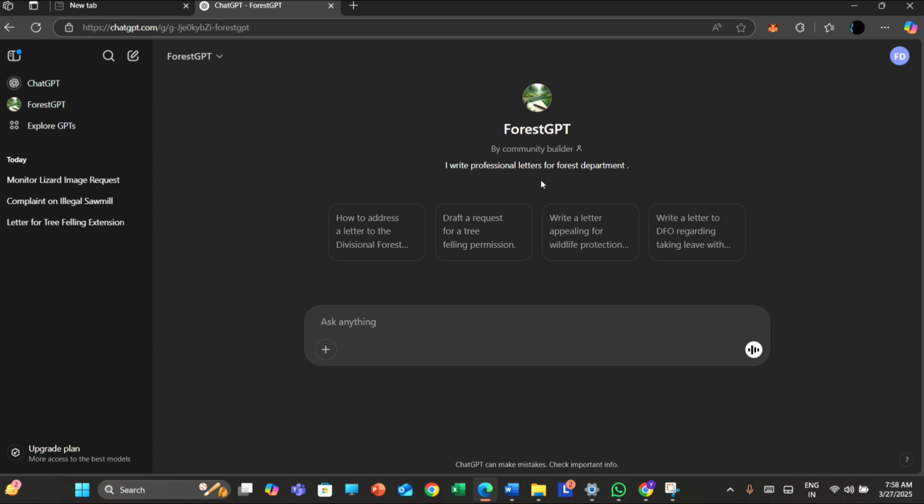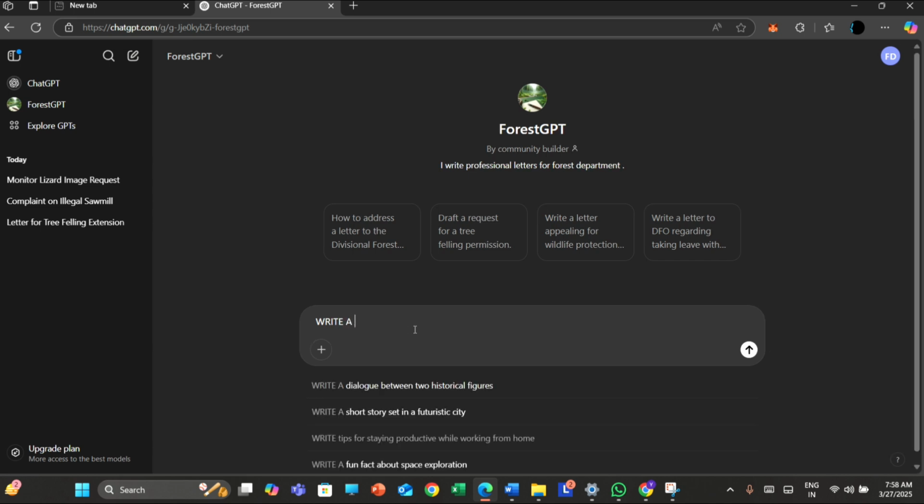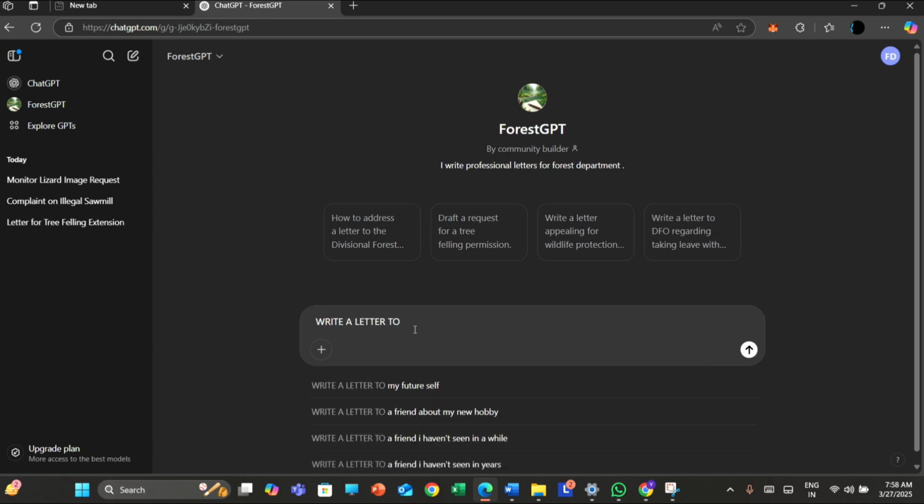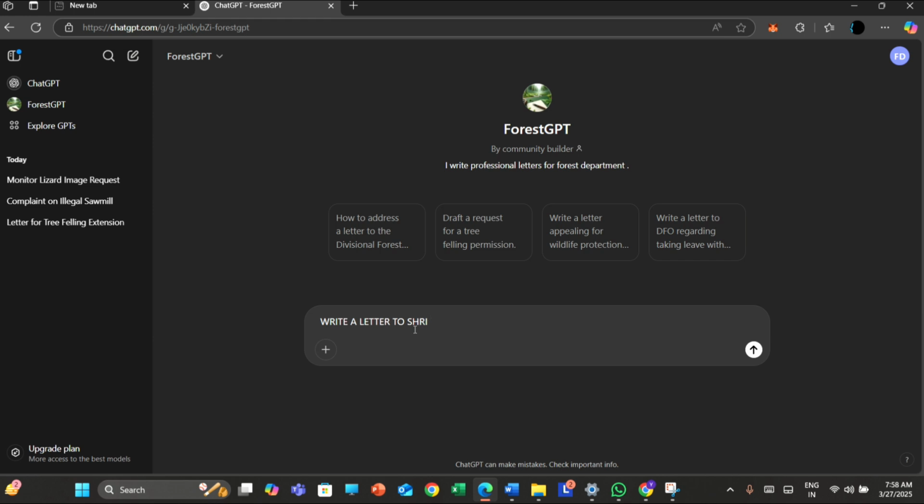So first of all, we will prompt that: draft or write. Write a letter to Sri, for example, Rampal Dubey.